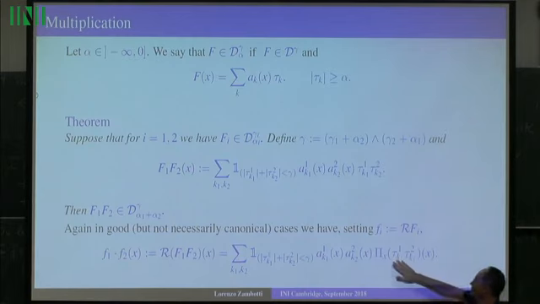So again, it seems that we are kind of cheating because this looks completely formal, but the point is that you have the reconstruction theorem, which gives you back a concrete object. So this is really a good notion of product of model distributions,